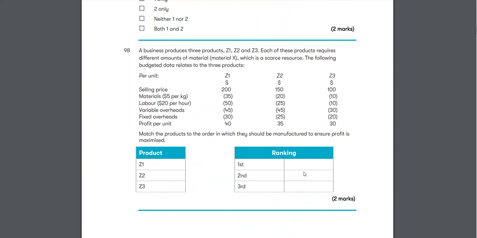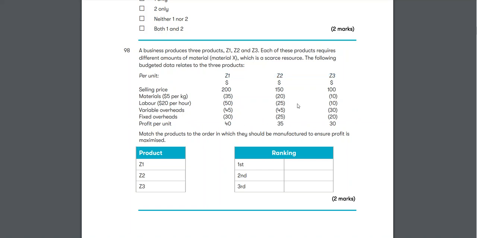Okay, match the products to the order in which they should be manufactured to ensure profit is maximized. A business produces 3 products, Z1, Z2, Z3. Each of the products requires different amounts of material X, which is a scarce resource. The following budget data relates to the 3 products. Okay, we have price, material, labor, variable overheads, fixed overheads, profit per unit. Match the products to the order in which they should be manufactured to ensure profit is maximized. Remember,